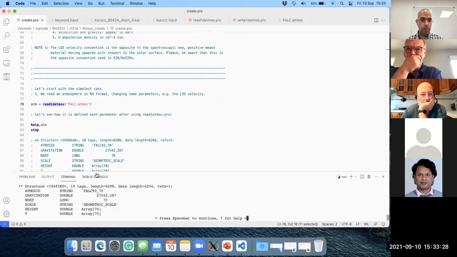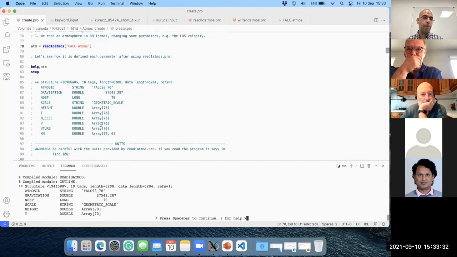Yeah, so we have this here. Basically what is printing here is what I copied here. Then it's reading the ID, that is the name that we are assigning the atmosphere. It is giving us the gravitation. In this case, it's not in log scale, it's a normal scale. I think it's meters per second, or probably